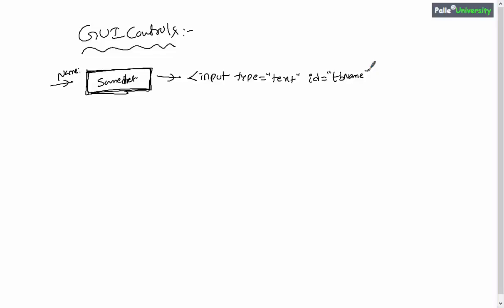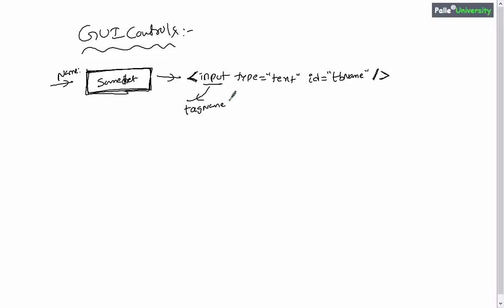But anyhow, every company will have their own standards. Some companies will use TB as a prefix for text boxes, and some companies I observed give the prefix as TXT. So anyhow it depends on company to company. After this you will close the text box something like this, with the closing tag. Now I would like to explain what this input is called. Not only input, whenever you write something immediately after the angular bracket, that is technically called the tag name. What is it? Tag name, right?